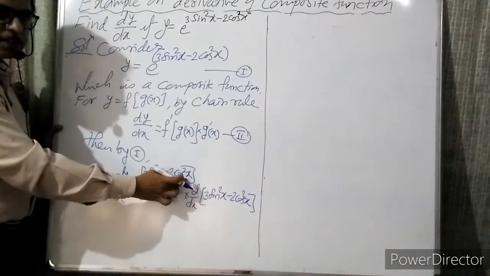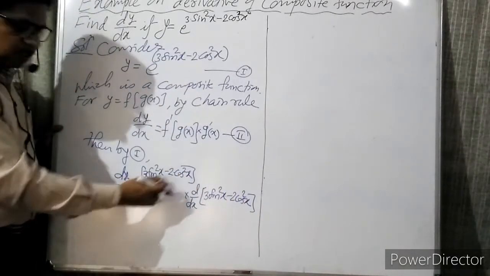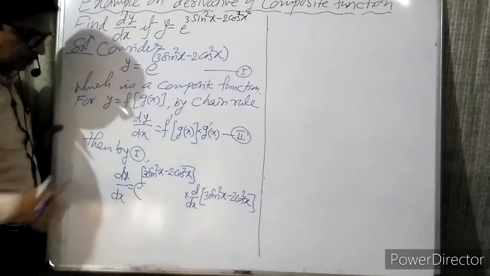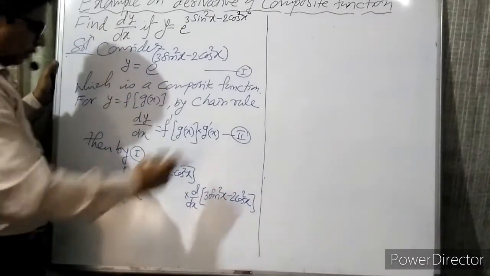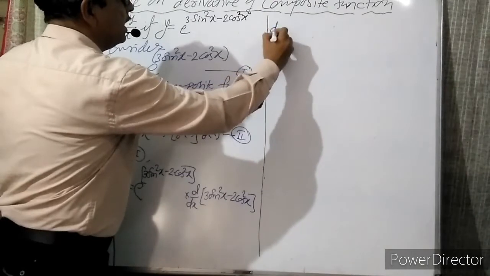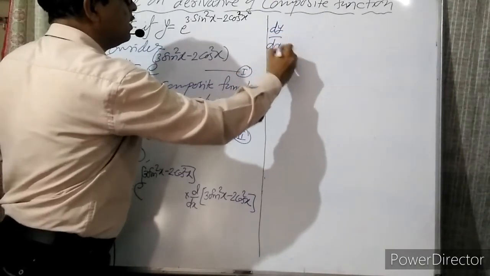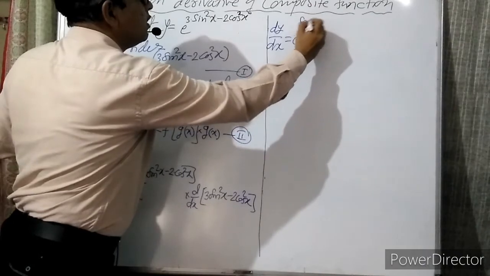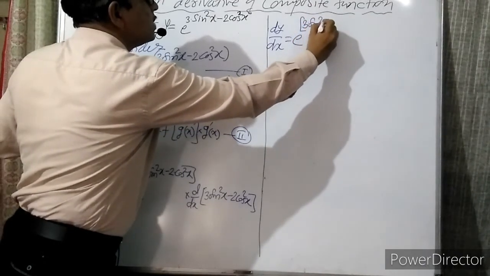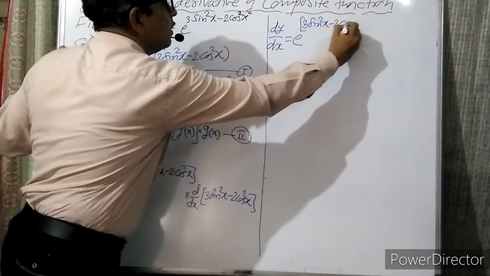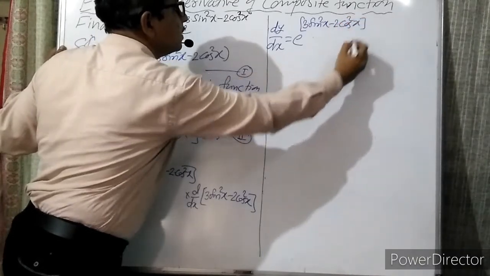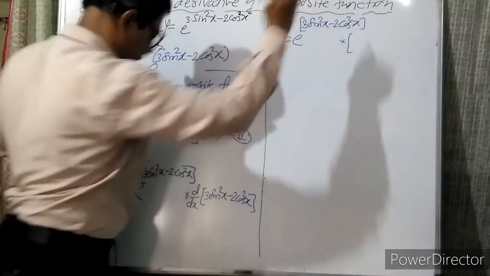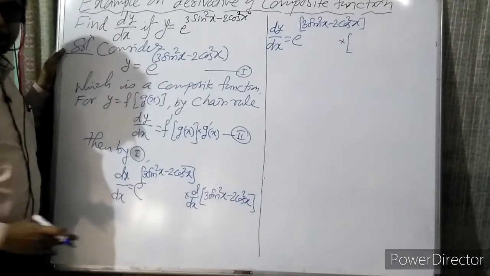Already I have discussed, you may replace cos square by 1 minus sine square x, and you can simplify this. This is another way. So I will continue like this. So dy by dx is equal to e raised to, in bracket, 3 sine square x minus 2 cos square x into,